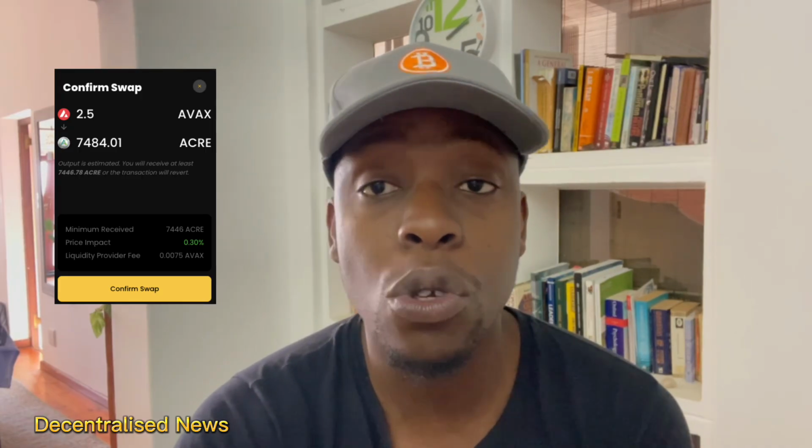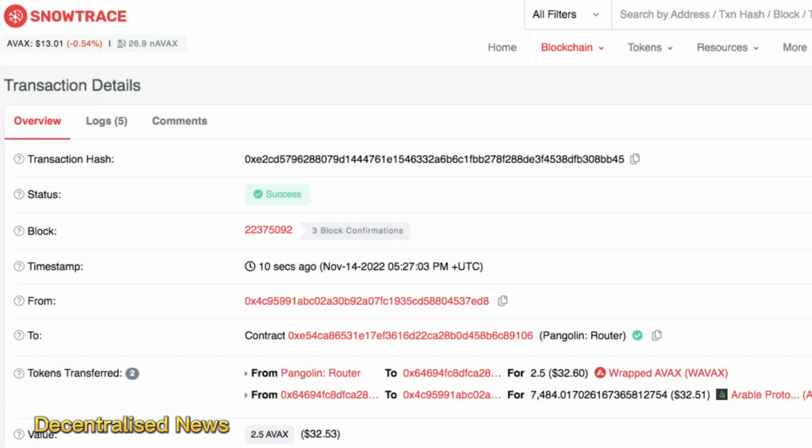And you'll also be directed to MetaMask to make sure that you can confirm the transaction. And once you are in a position where you want to submit that transaction, you can then verify that it actually has gone through and has been logged onto the blockchain. Snowtrace is the Avalanche C-Chain blockchain explorer that you can use to do that.